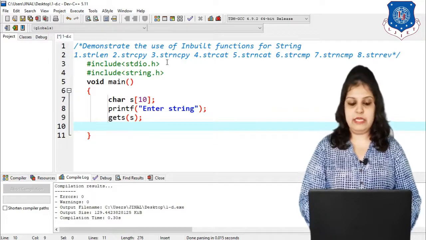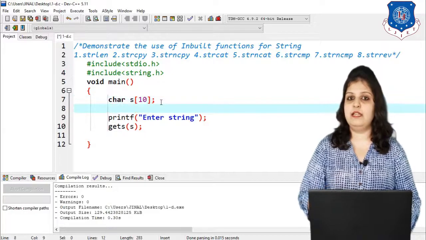Now we have to use the strlen function. First I take one integer variable. Why integer? Because we will get our length answer in integer form.